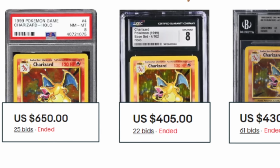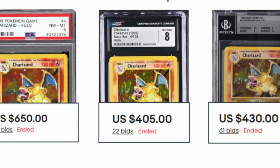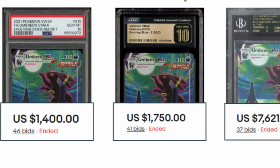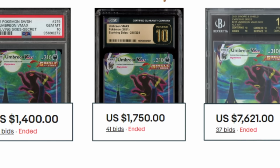What if I told you that a base set Unlimited Charizard in near mint-to-mint condition sells for significantly more in a PSA slab than the same grade with its competitors, CGC or BGS? However, if we took a modern card like the Umbreon from Evolving Skies in the top grade offered by these three competing companies, the BGS Black Label 10 outsells the PSA 10 by over